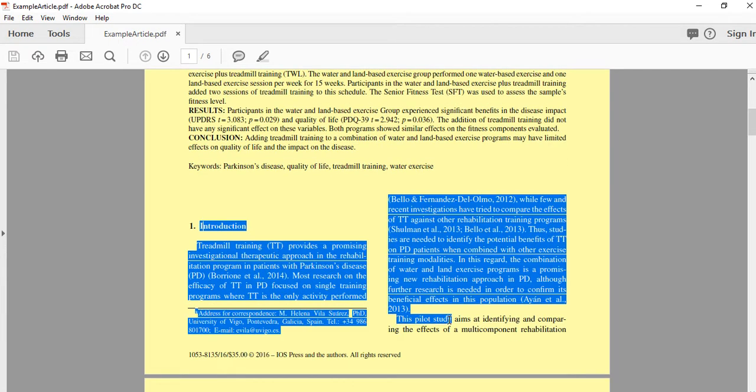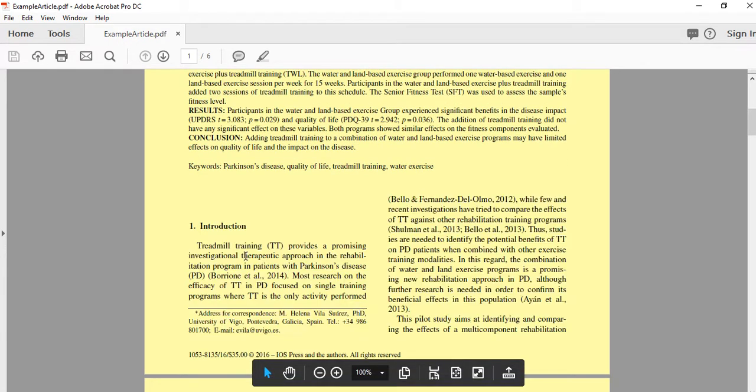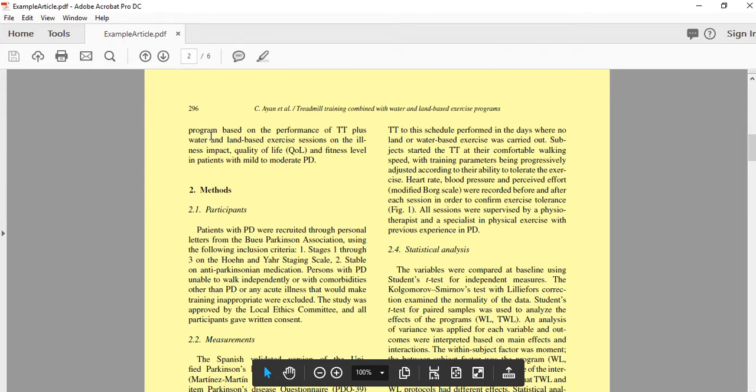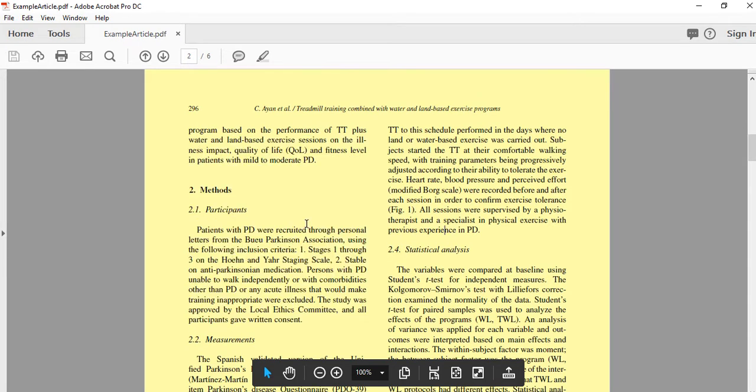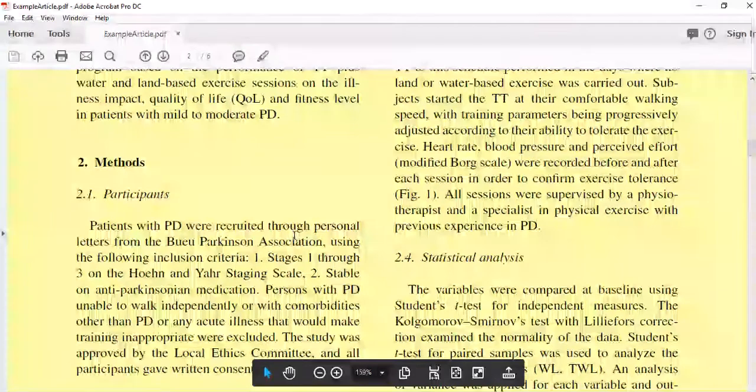Now there are still some issues with reading this that I don't like. So for example, it's in columns at the moment. So once I get onto a page like this, I'm trying to read this column, but I've got all of this extra text. What I can do is zoom in